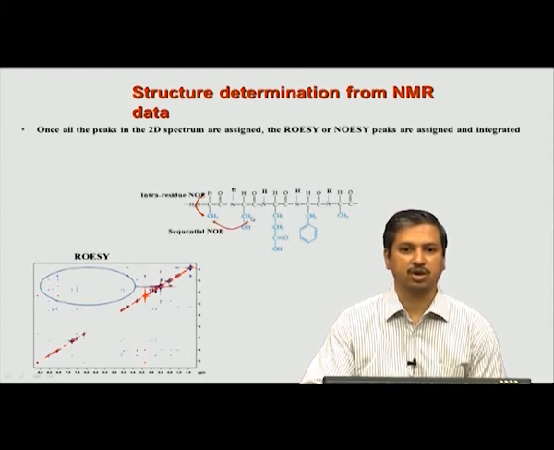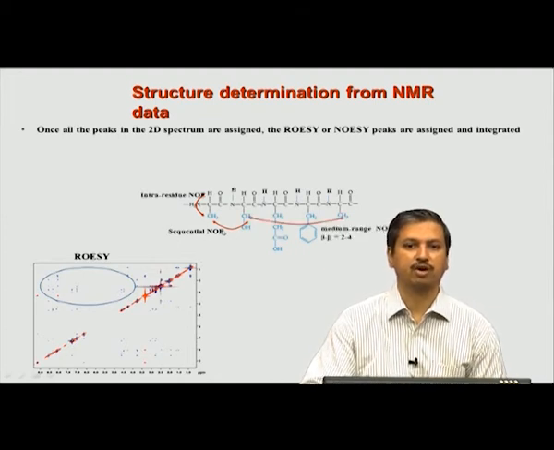So, you see here I may get a correlation in the NOESY spectrum between the H beta atom of this amino acid, which is a serine, and the H beta of alanine, which is i minus 1 to this residue. That type of peak which we see in the NOESY spectrum, we call a sequential NOE. Again, you may see pairwise sequential NOEs between all amino acids. All those will be classified as sequential NOE.